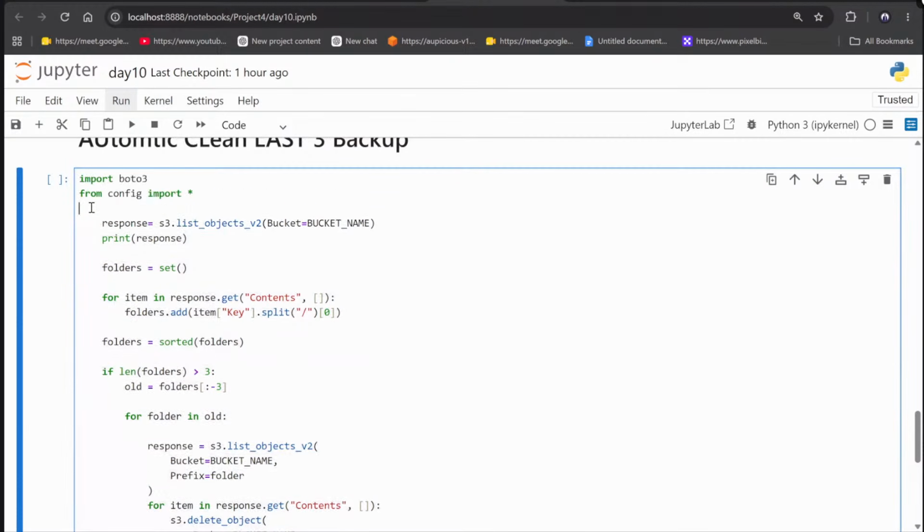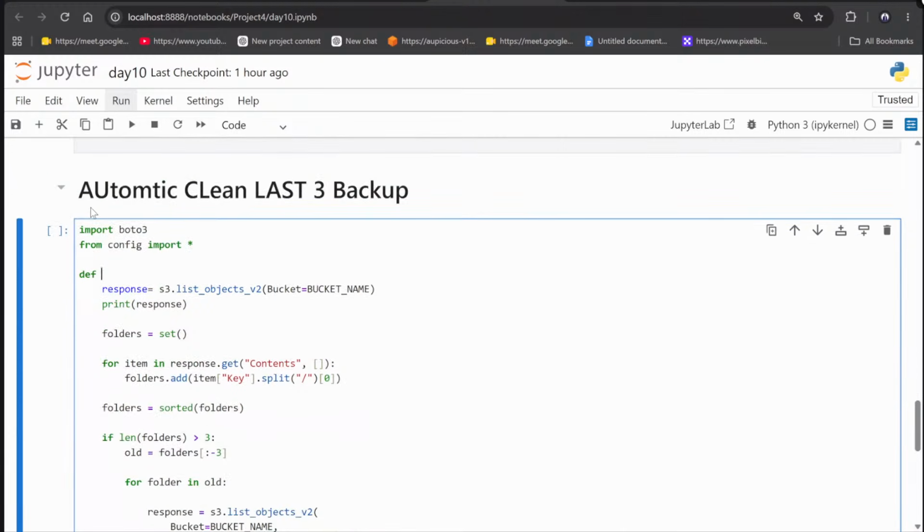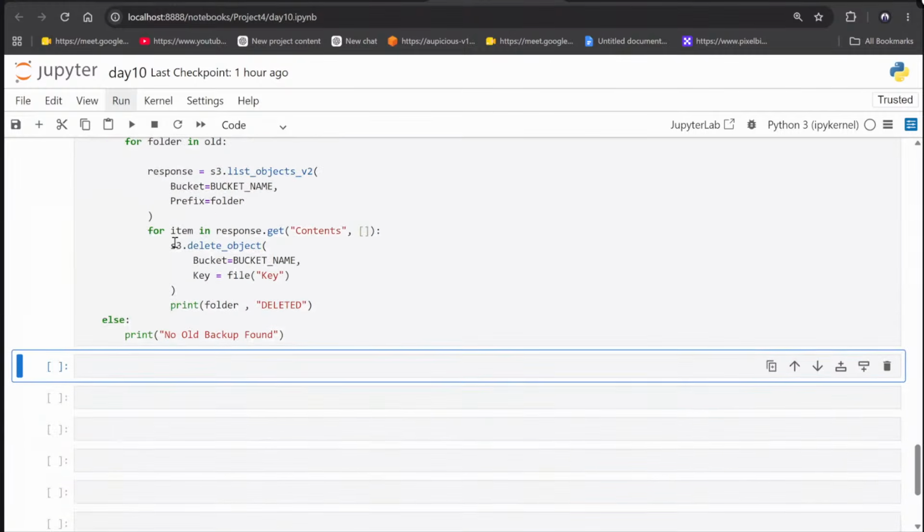Before this, let me add this part and the function name, so def, maybe delete last three, delete_3_backup, just a name of function. Alright, so all the functions are created.